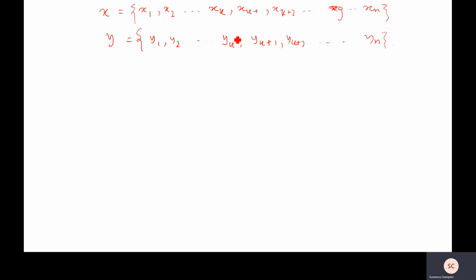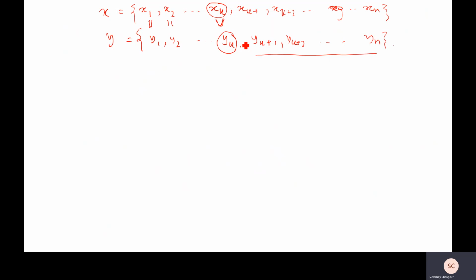So we have seen that this yk is less than xk. Okay. So some of the values are here 1, and here it differs, and we don't know about the nature of this. Okay. So let us say that x1 is equal to y1, x2 is equal to y2, yk is less than xk. Okay, so xk is greater than yk.